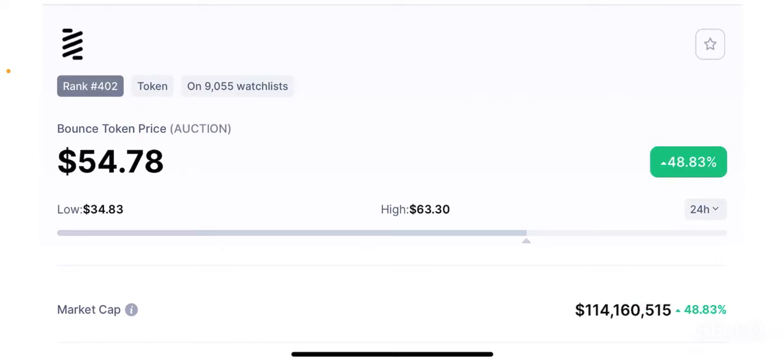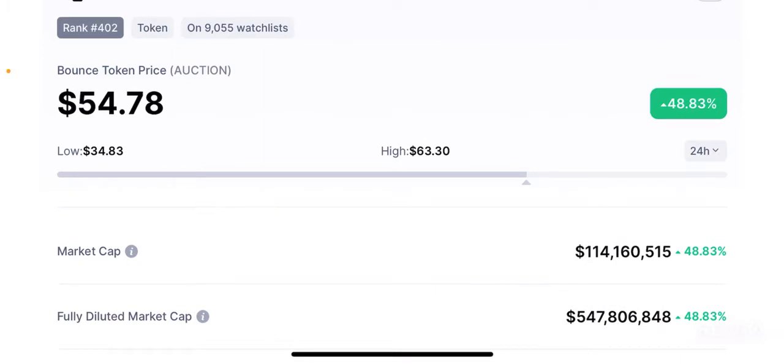Again, this token is pumping because of Coinbase's announcement, and therefore I would bear extreme caution to buy this token, and I would definitely recommend you guys to do the same thing as well, right? So be very careful, because this token is already up 50%. It could easily crash, and I think it is going to be in the crashing stage right now. When we see the charts, you'll be able to understand why I'm saying that, because I think immediately after the Coinbase listing, the token stops pumping and it starts dumping, right? So I think this is reaching the early stages of that right now.